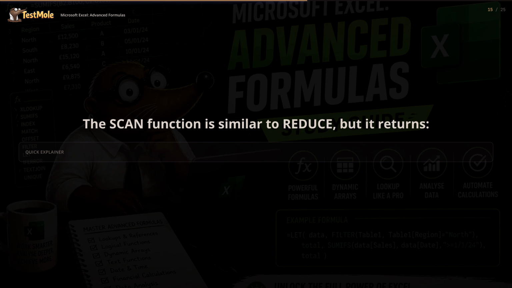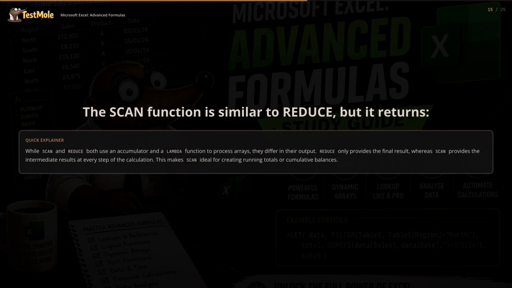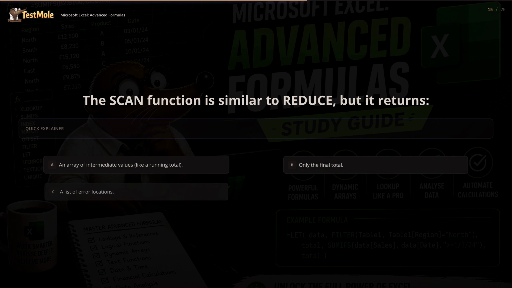The SCAN function is similar to REDUCE, but it returns... While SCAN and REDUCE both use an accumulator and a lambda function to process arrays, they differ in their output. REDUCE only provides the final result, whereas SCAN provides the intermediate results at every step of the calculation. This makes SCAN ideal for creating running totals or cumulative balances. Possible answers are